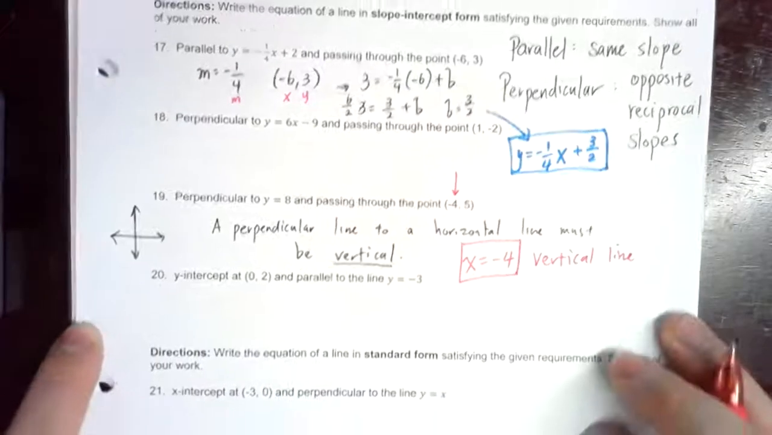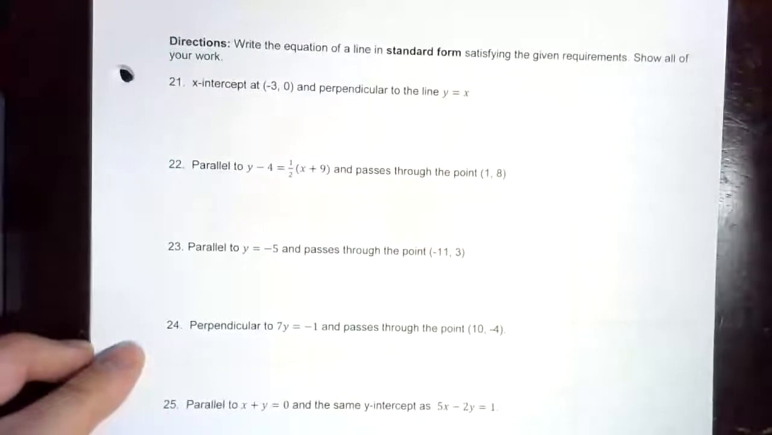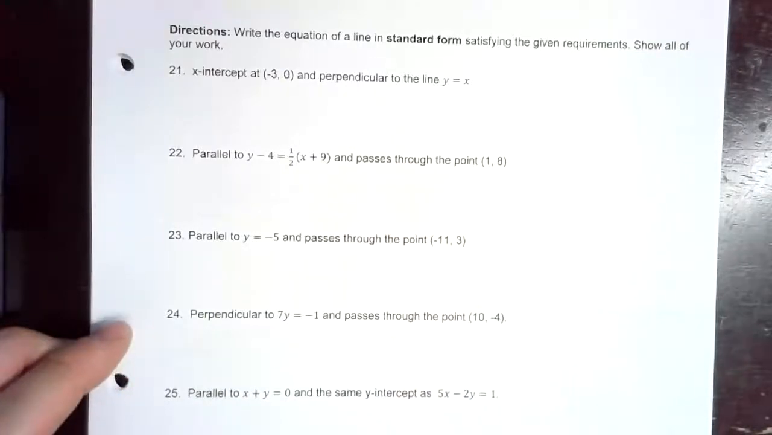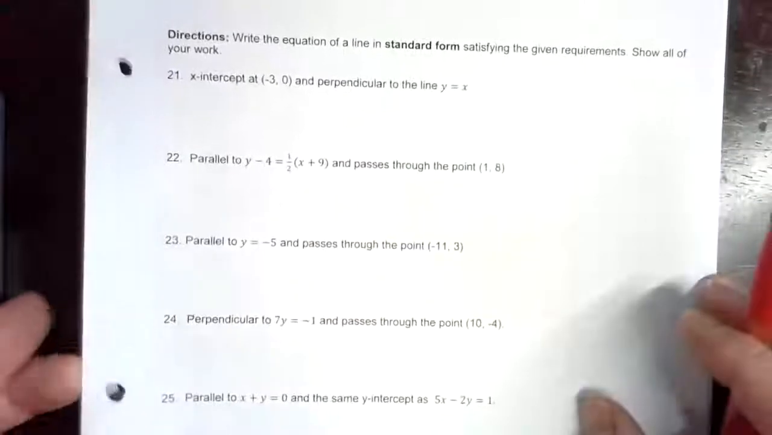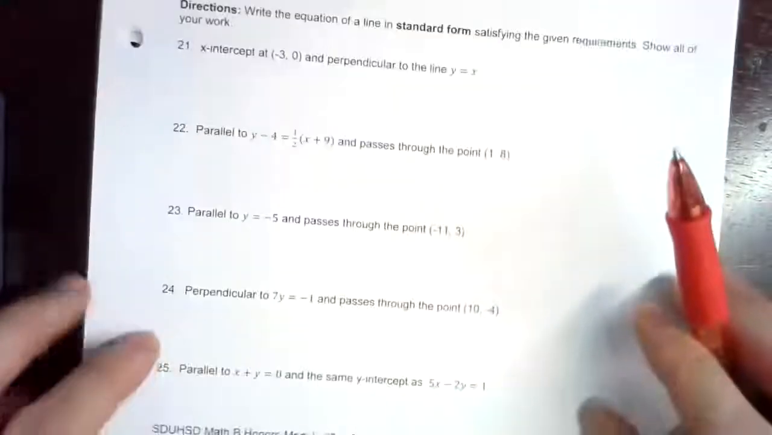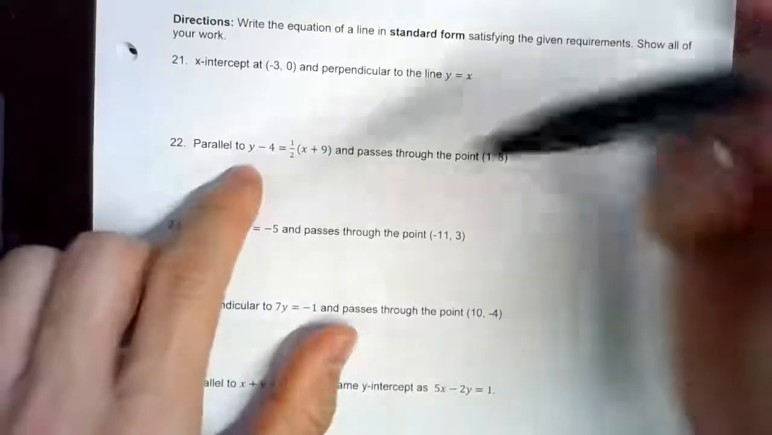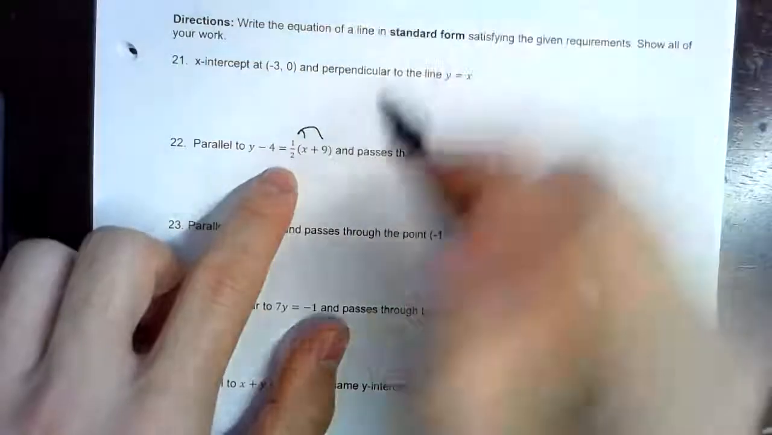Let's try one of these questions on the bottom. Number 23. Actually, no, 24. 24 is a question that we just did. Actually, these are all pretty straightforward. I think this is really good practice. Let's just try one. Let's do 22: parallel to y minus 4 equals 1/2 x